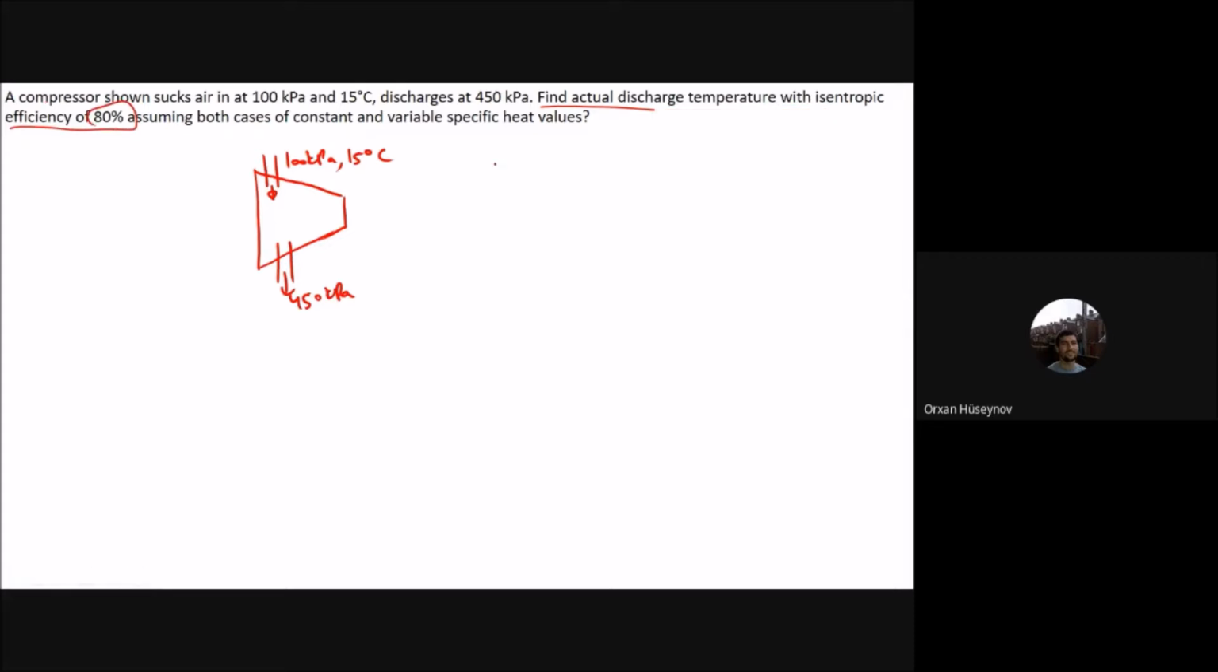So we have the isentropic efficiency, which is 0.8. This is the isentropic efficiency, assuming both cases of constant and variable specific heat values. So firstly, I would first tell about what the isentropic efficiency is, then we can solve this example. So for this process here, firstly, let me write